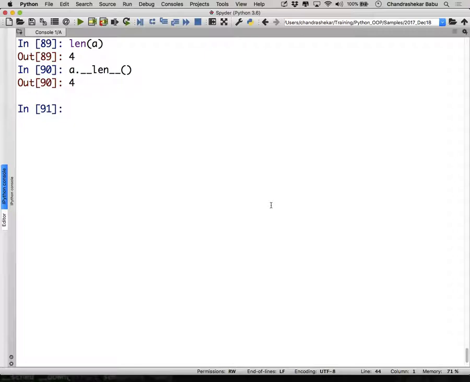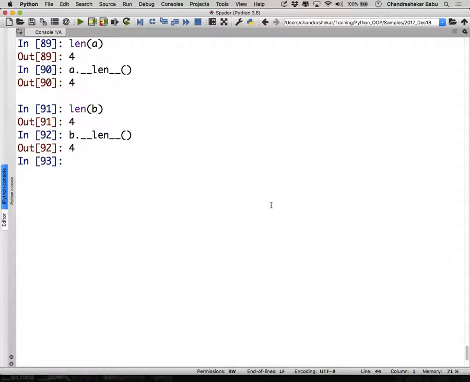Some objects like you will raise an exception. Right? Don't beat me, I will beat you back. You'll raise an exception. Some objects will respond back positively with the sound. So that's what you can see here. When I say len of B, it is telling B dot len like this. This is called duck type based object orientation.